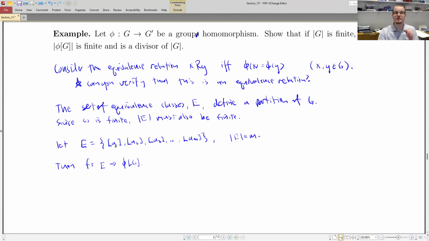Everything in here maps to the same thing, right? That's how I'm defining this equivalence relation. A1, B1, C1, D1, all of those map to the same thing. A2, B2, C2, everything in here maps to the same thing. So what we get is that however many things there are here is exactly how many things there are over here. So then if from there to there,